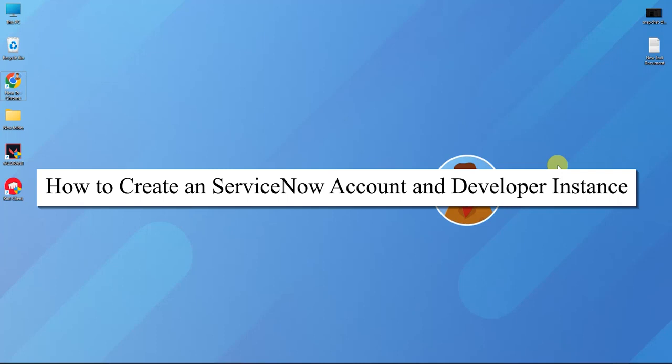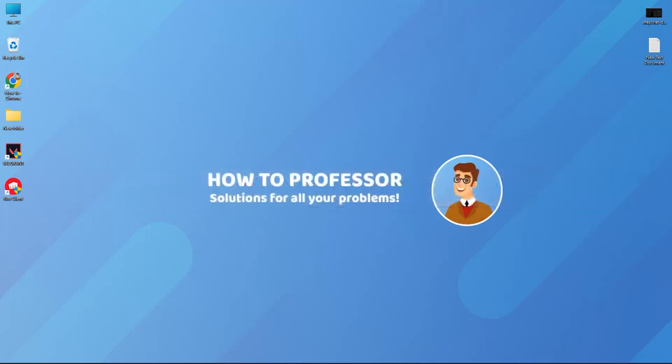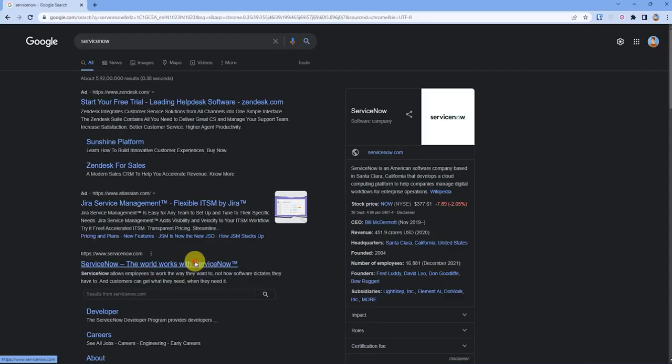Today I'm going to show you how you can create an account on ServiceNow and its developer instance. So now search for ServiceNow, then go to their website,